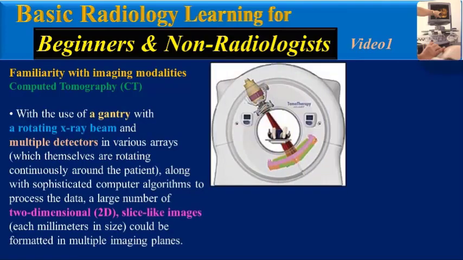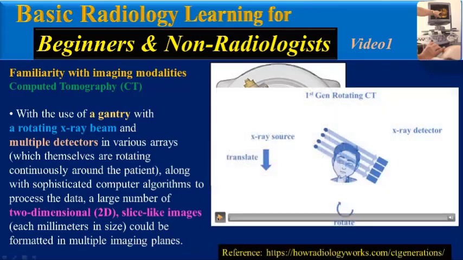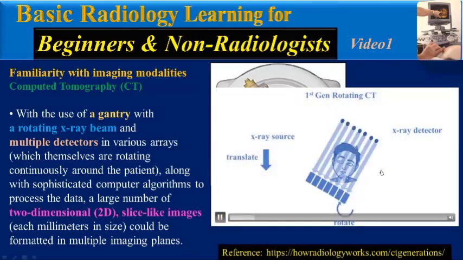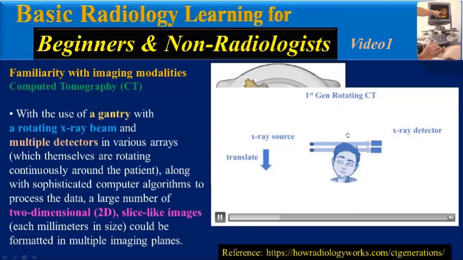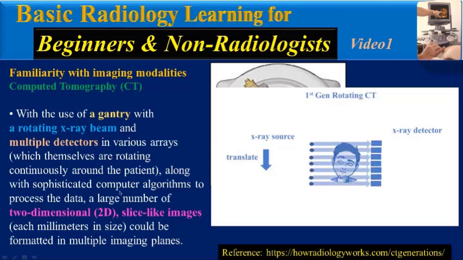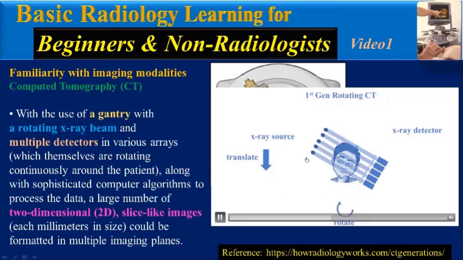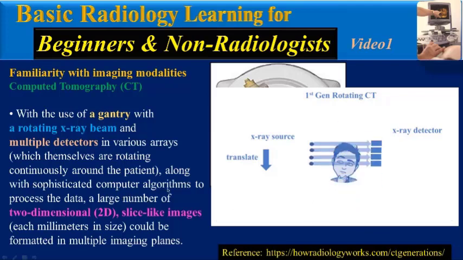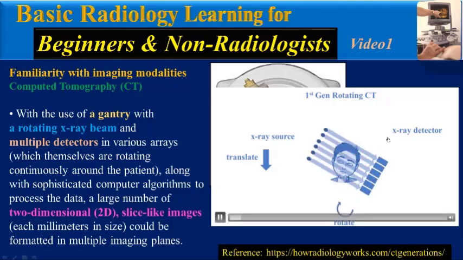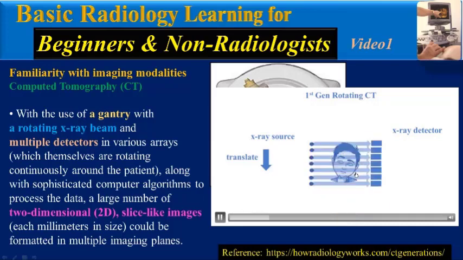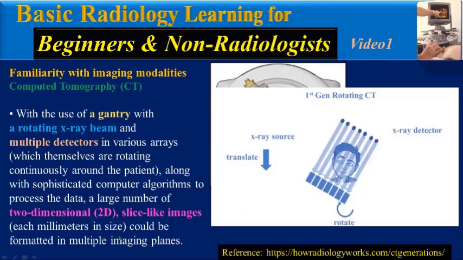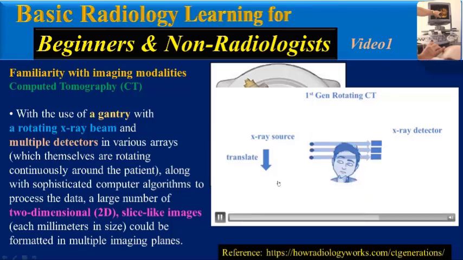With the use of a gantry with a rotating X-ray beam and multiple detectors in various arrays, which themselves rotate continuously around the patient, along with sophisticated computer algorithms to process the data, a large number of two-dimensional slice-like images, each 1 millimeter in size, could be formatted in